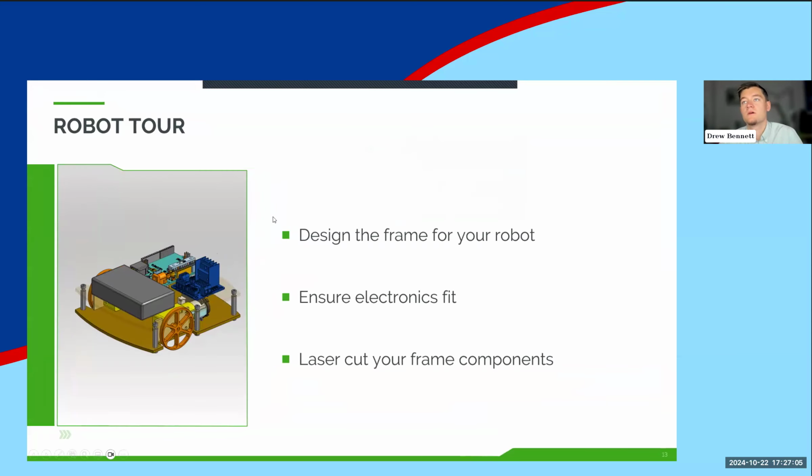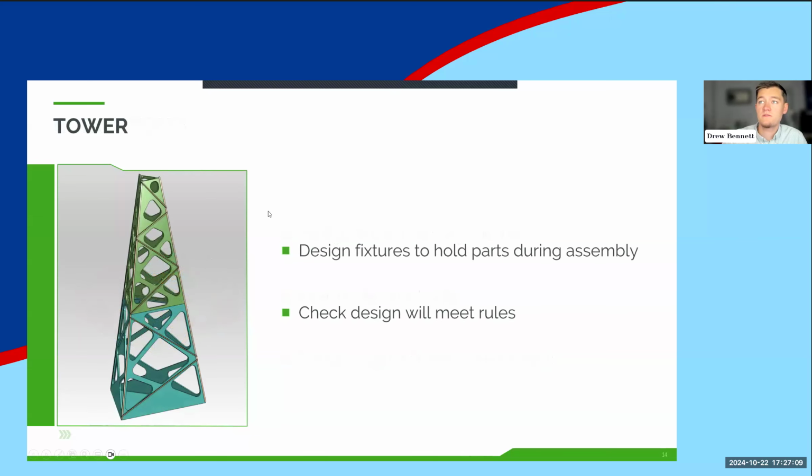Back to the presentation. Let's take a look at one more event, and that is going to be tower. This is a little bit interesting because it's not particularly intuitive to design your entire tower out of balsa wood in OnShape. It seems like it's probably better to just make it by hand and hope for the best, or maybe do some simple simulations in something like ANSYS software,